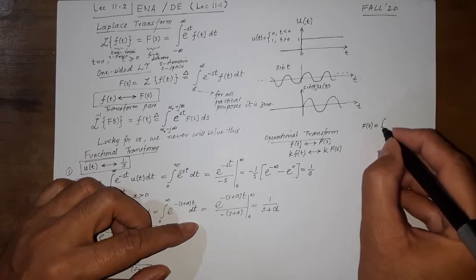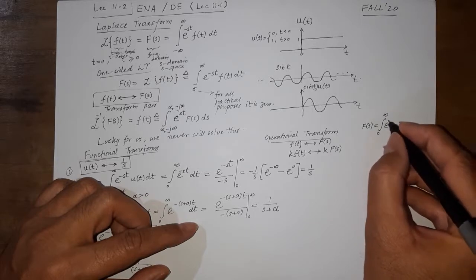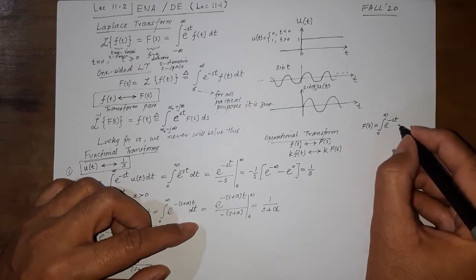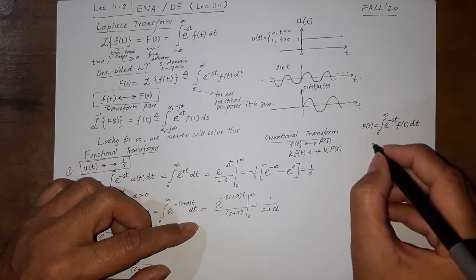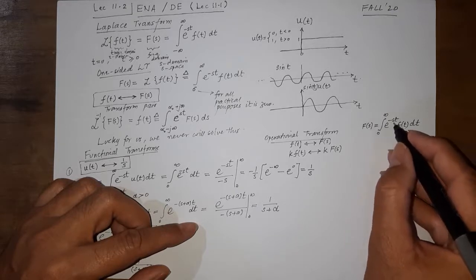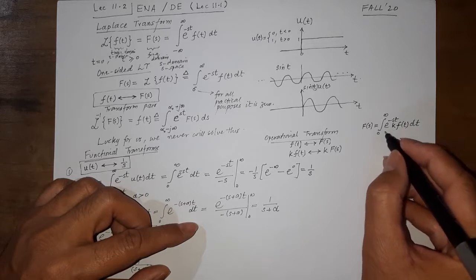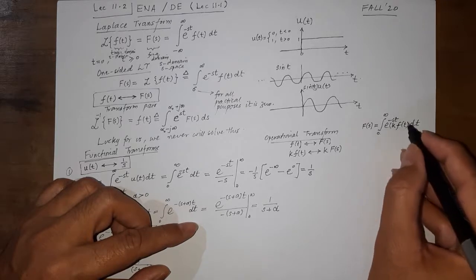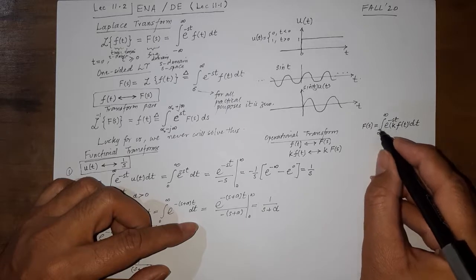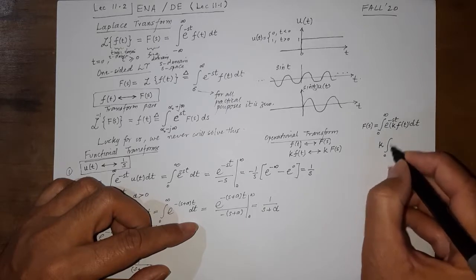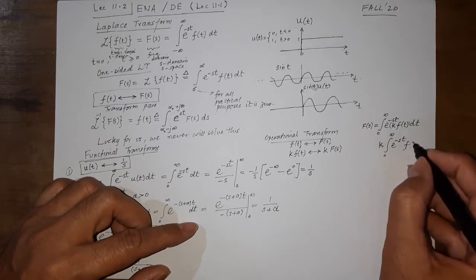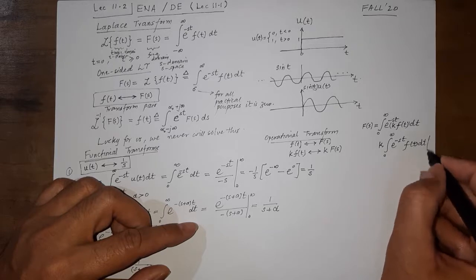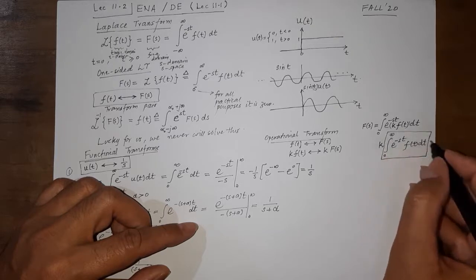If the Laplace transform of f(t) is defined in this way, then how would the Laplace transform for k f(t) be defined? We can see that multiplying f(t) by k can come out of the integral, and then what we would be left with is this thing. And what is this thing? By definition, this is F(s).